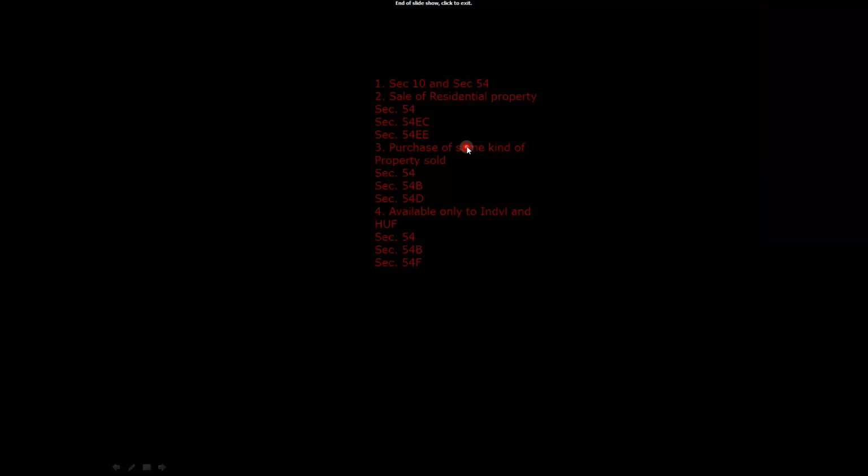For 54, sale of residential property and even the purchase should be of residential property. 54B says you have to sell an agricultural land, and again you have to purchase an agricultural land. 54D is a building or land used for industrial purposes in an industrial undertaking. Again, three sections, 54, 54B and 54F, are available only to individuals and HUFs.